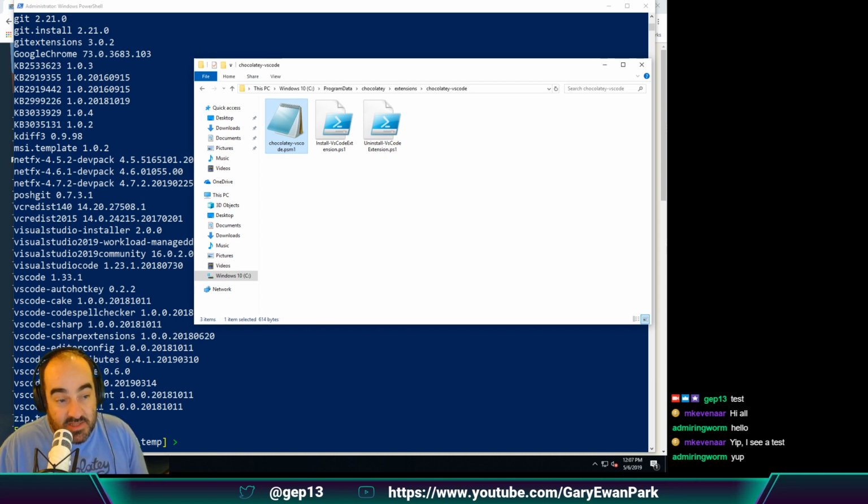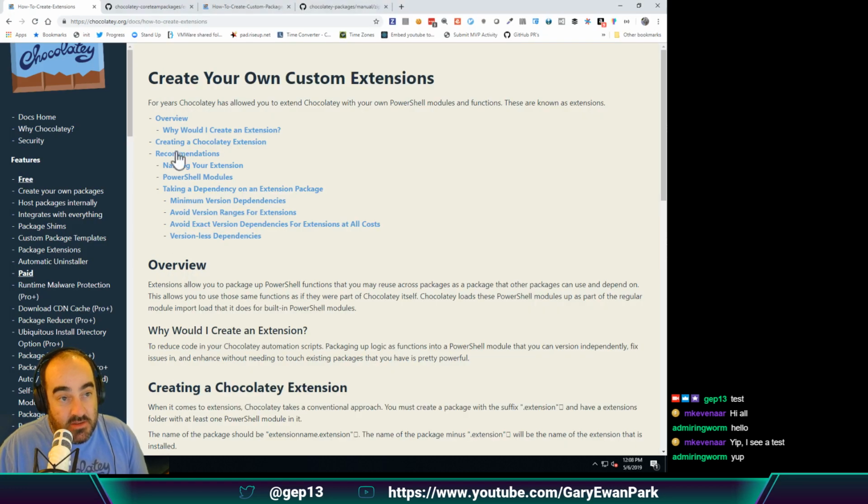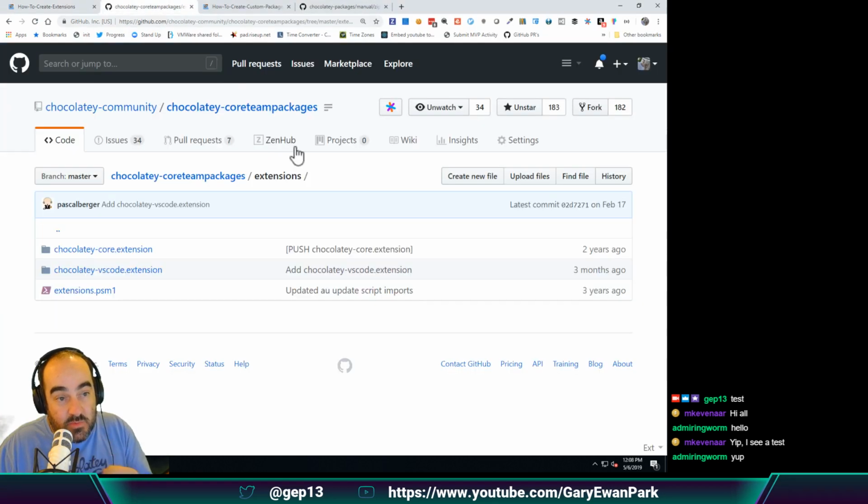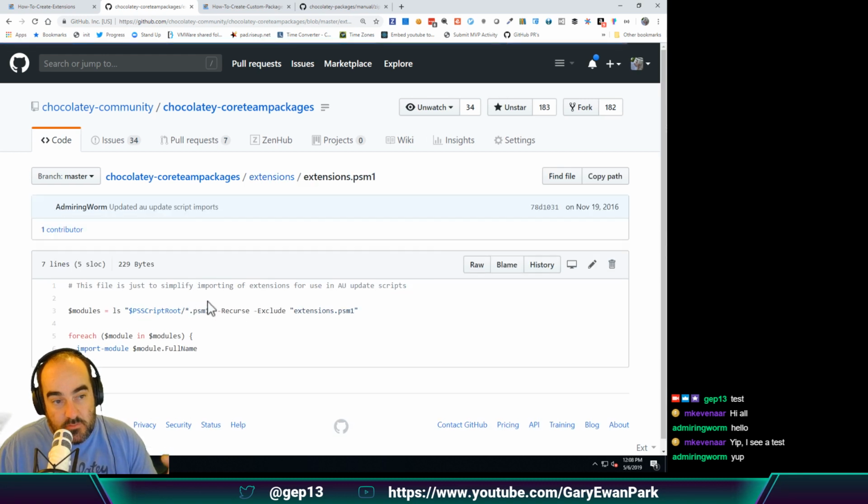So to say that slightly differently and to kind of see that in action, if we go over to here where we look at the source code for this extension, so this extension is created and maintained in the Chocolatey community Chocolatey core team package repository. So anyone can go and look at the source code. It's all there. It's all free. Grab it. Have a look at it. So this PSM1 file is